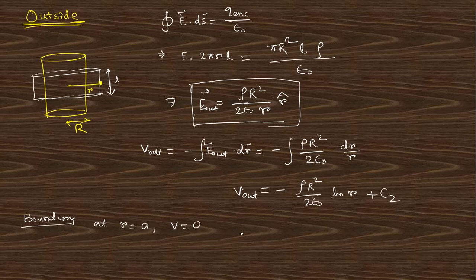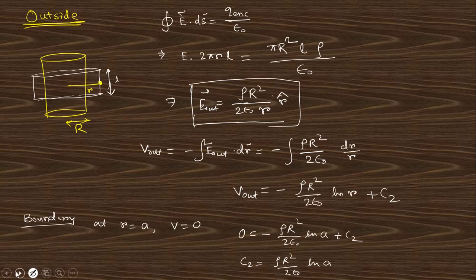So what will happen? 0 equals to minus rho R square by 2 epsilon naught ln a plus c2. So from here we get c2 equals to plus rho R square by 2 epsilon naught ln a. So if you put the value in V out, you will get the output voltage,